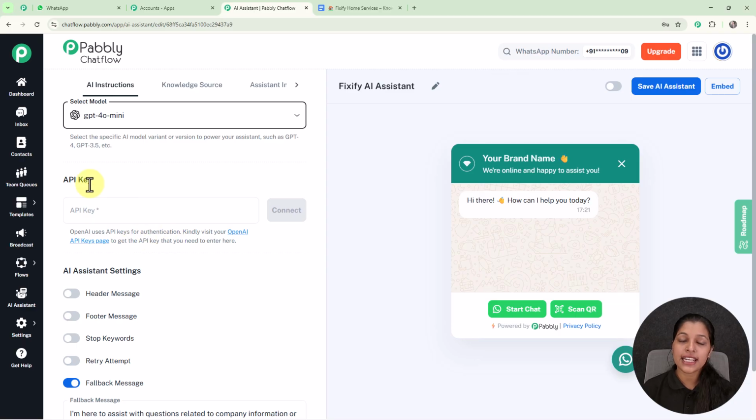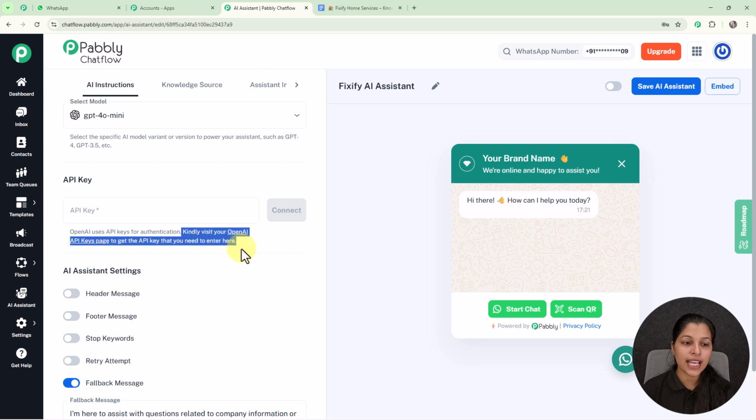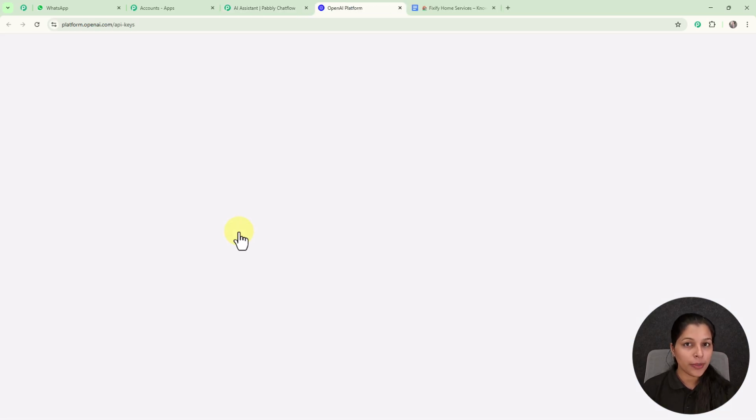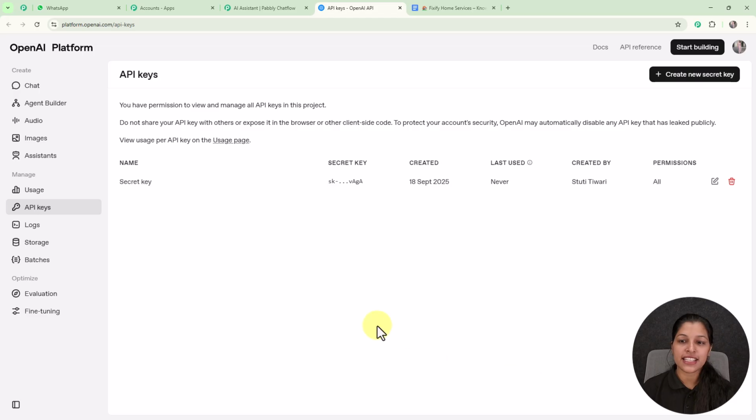So for getting the API key, you have to visit this help desk which says kindly visit your OpenAI API's key page to get the API key that you need to enter here. So for getting this API token, we have to move to my OpenAI API's key page, which can be seen here. So here you can see on this API keys page, we are getting this option for create new secret key,